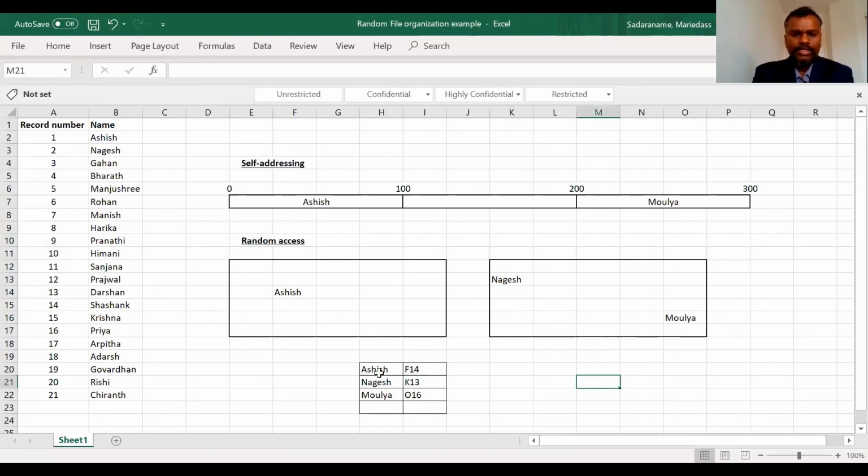So this is how it looks. It says Ashish is stored in F14. F is this column and 14 is this row. So Ashish is stored in F14, that is the address. So it creates a hashing algorithm. And then same for Nagesh, it creates an address. So anytime I start looking, I go fetch this record. I go to F14, get the record. K13, I get the record. O16, I get the record. So far, so good? All right, let's assume that as a yes. Now, the problem here is this, or basically I should say, the first